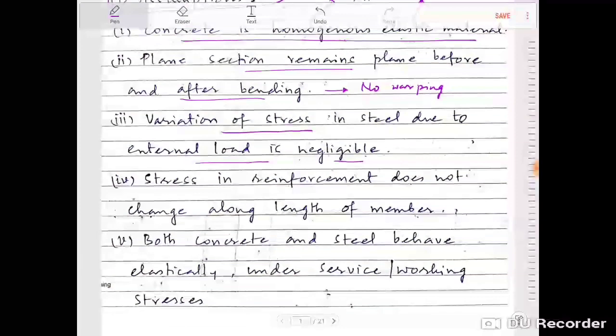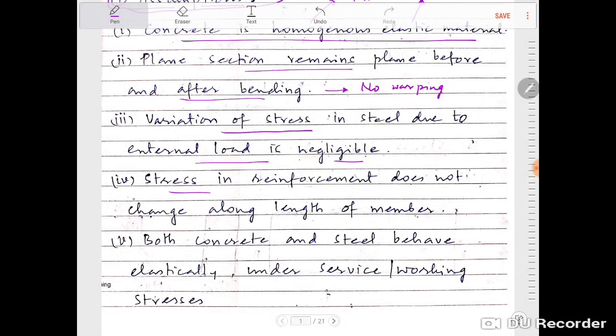That is the meaning. Next, stress in reinforcement does not change along the length of the member. That means at x equal to 0 you are going to have the same stress, and at x equal to L also you are going to have the same stress value. Let us say that I have a steel HT2350, that means the yield strength of this steel is how much? It is